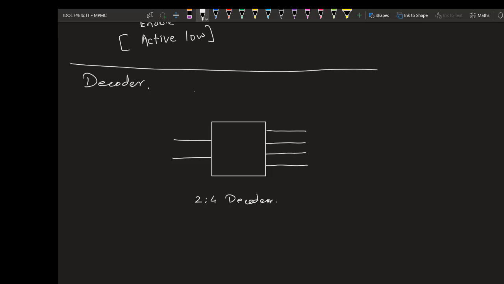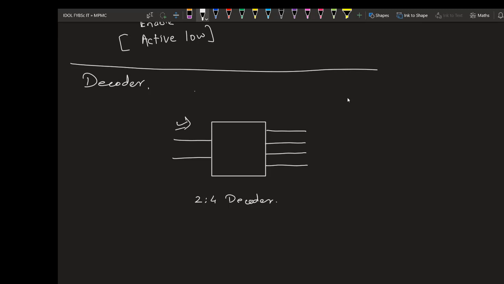Okay, so in this 2:4 decoder, what exactly does a decoder say? The decoder is a logic circuit. Whenever I say logic circuit, it has to do with zeros and ones only. So a decoder is a logic circuit that identifies each combination of input, each combination that is present at the input, by the output. I repeat what I said. A decoder is a logic circuit that identifies each combination of the signal that is present at the input.